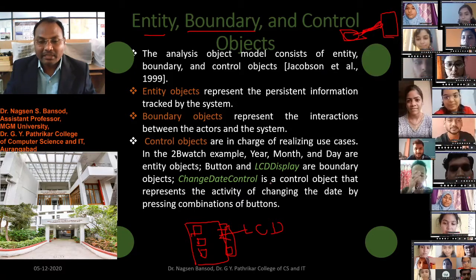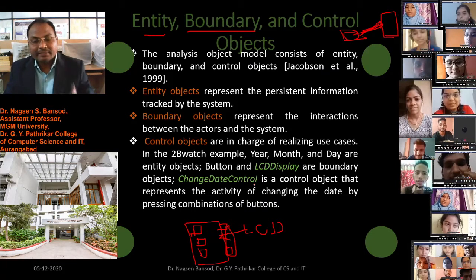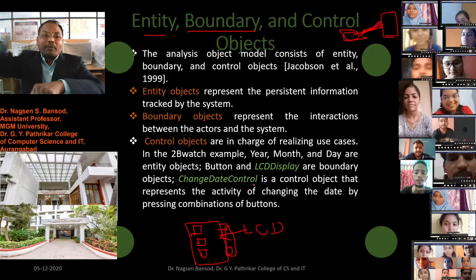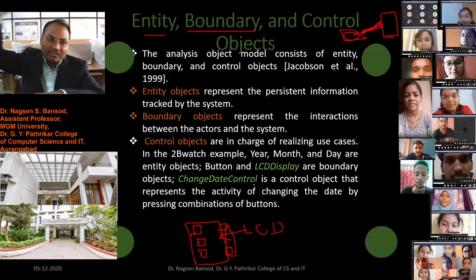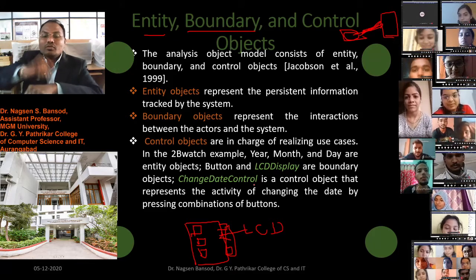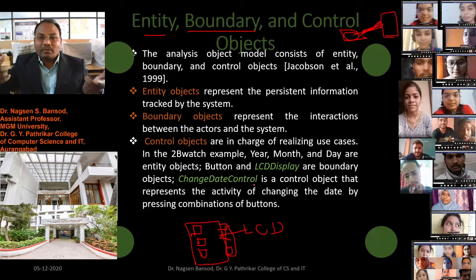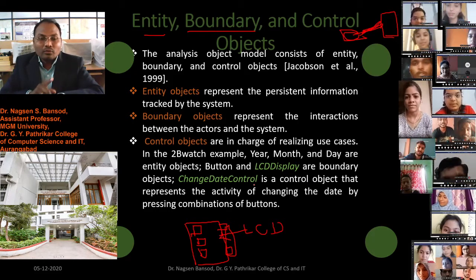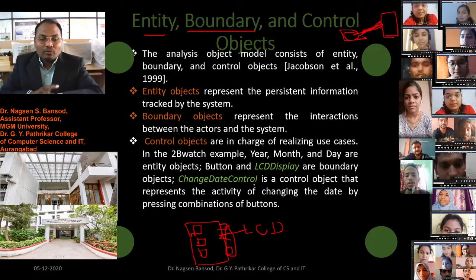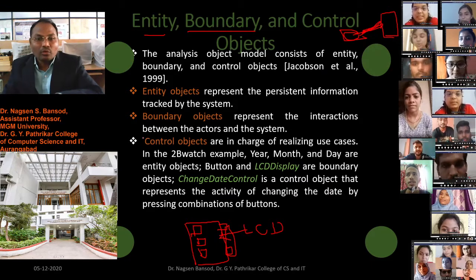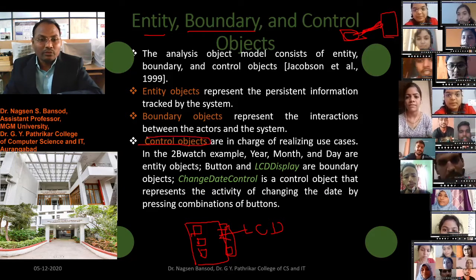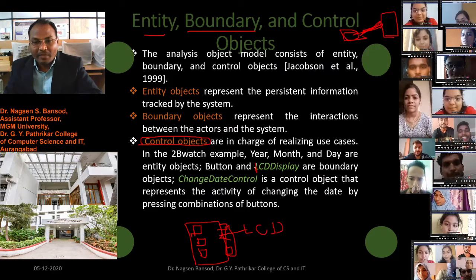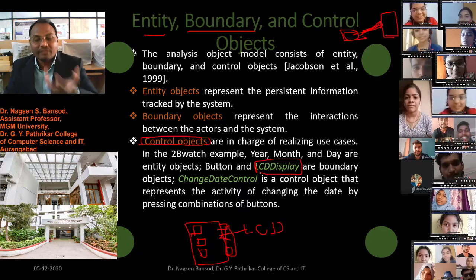A similar type of example is here. There is a satellite watch, and that watch time automatically updates with the connection of the satellite. From the satellite, that watch will update its time, and to control that time or to make some changes, there are buttons, which is the control object, we can say. And the boundary is the display of the watch, the LCD display of the watch is the boundary of the satellite watch.